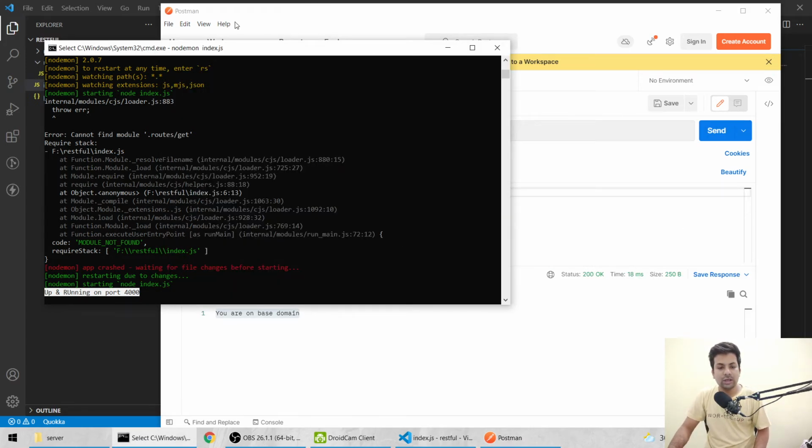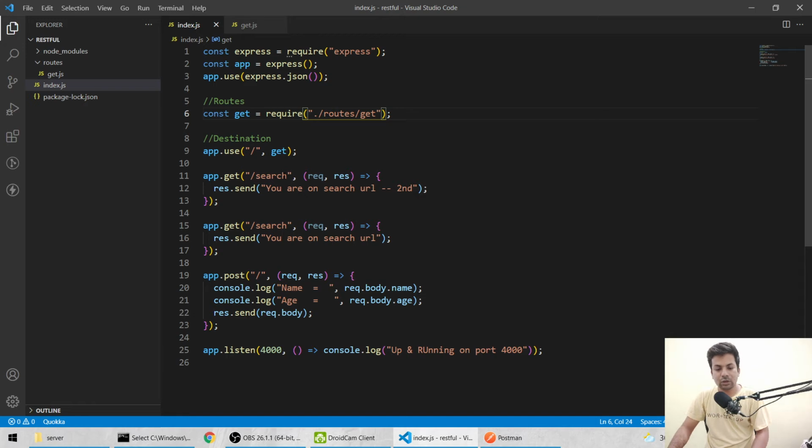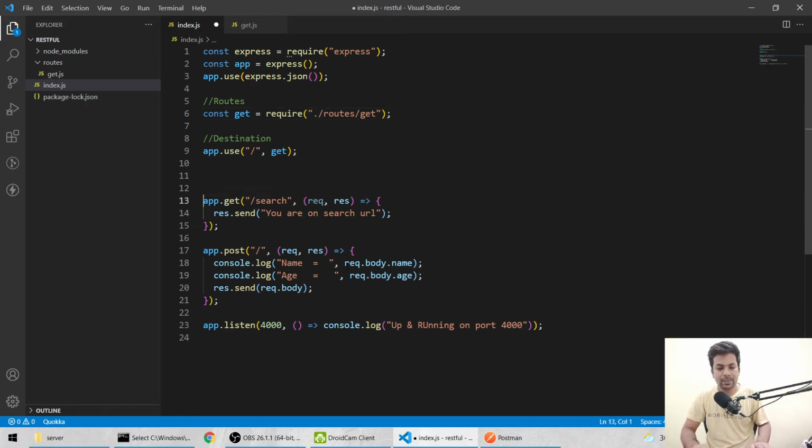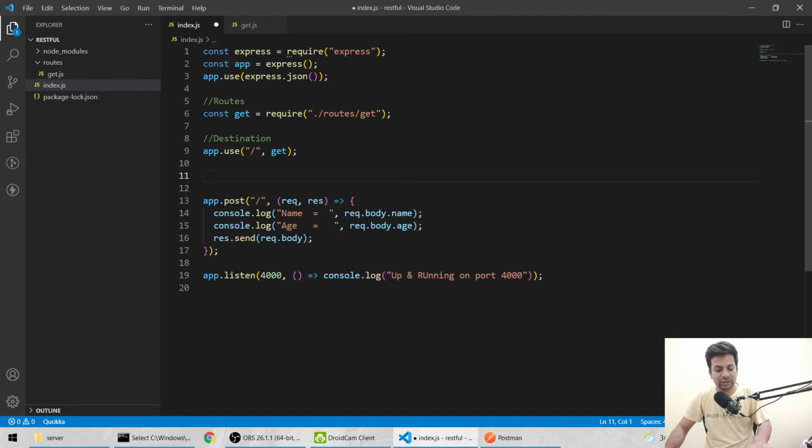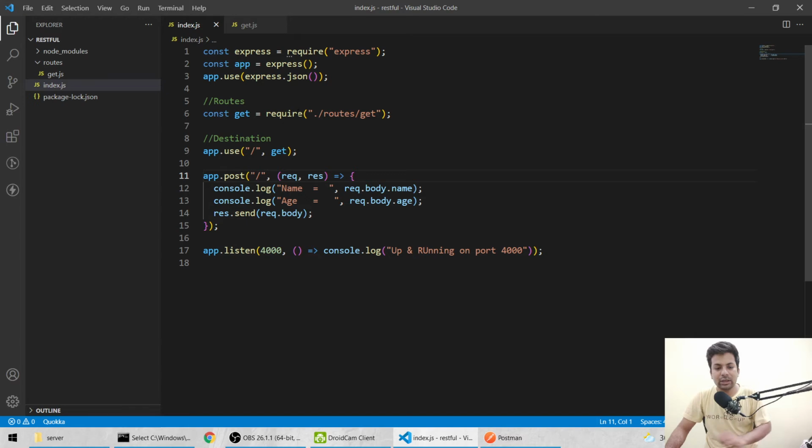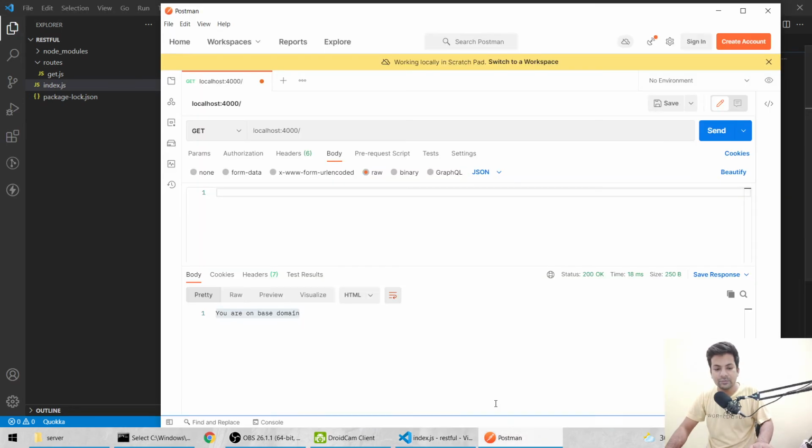Same thing, now I'll just remove this slash search. Everything is working fine. Then suppose you want to change the name to search, you'll just do slash search and save it, and you hit go to search.